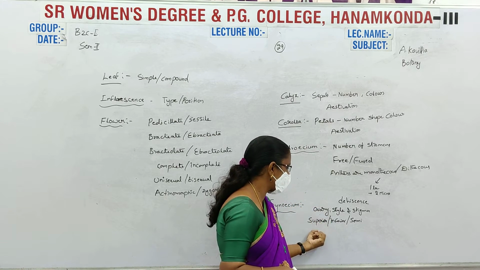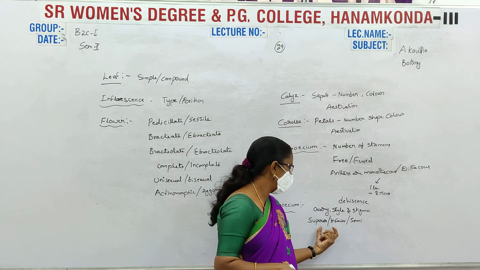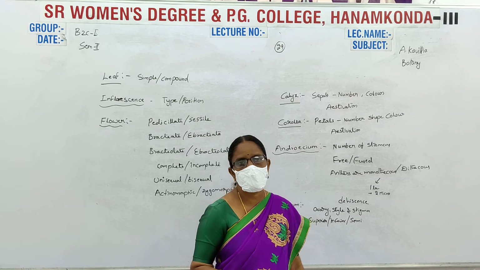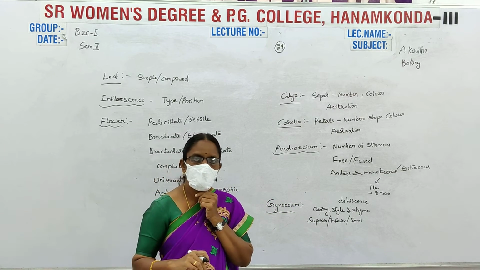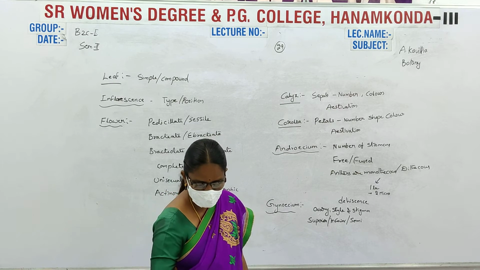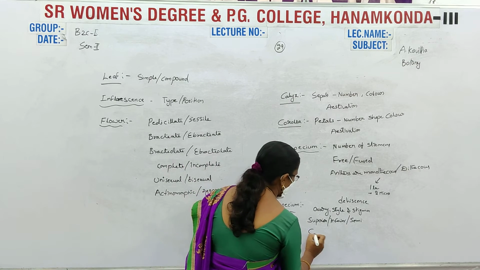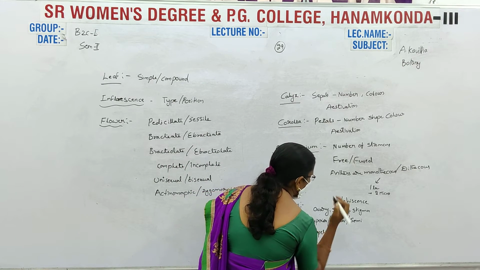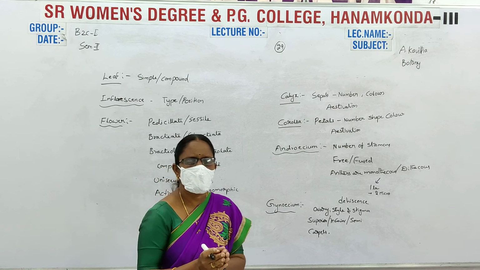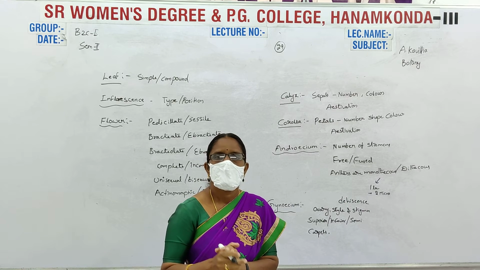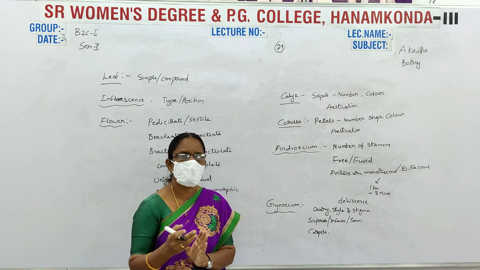This is the gynoecium. First one is the ovary position. You write the ovary position, that is, whether the ovary is inferior or superior. The flower is hypogynous, epigynous or perigynous. And next you write the number of carpels: monocarpellate, bicarpellate, tricarpellate or tetracarpellate. Only one carpel is present in monocarpellate, two carpels in bicarpellate, and next is tricarpellate.